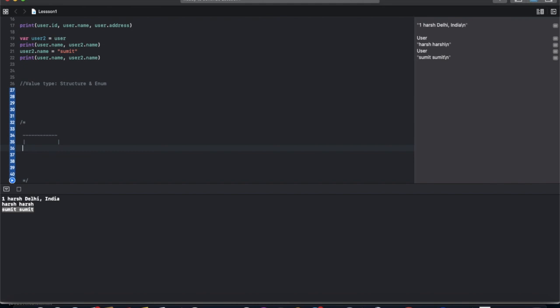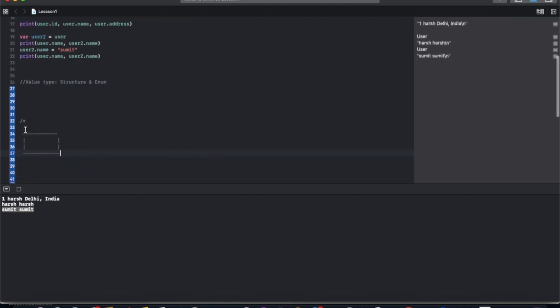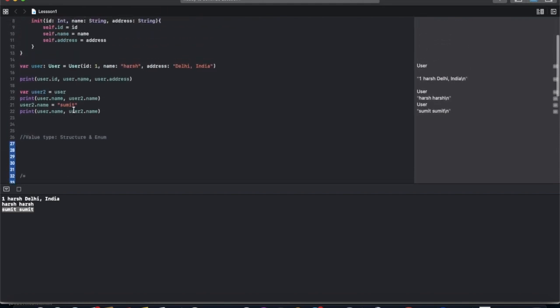In the case of a class, when we create a variable, it creates a container. It stores the values.